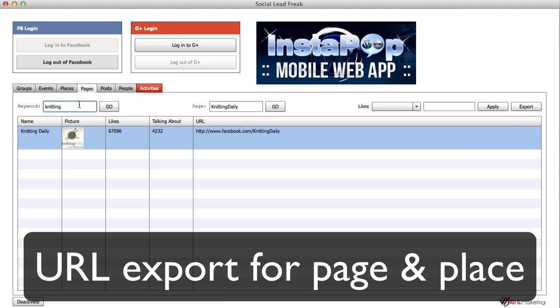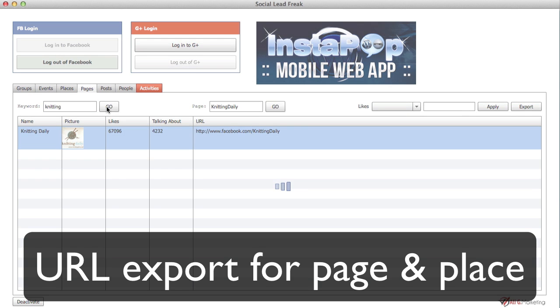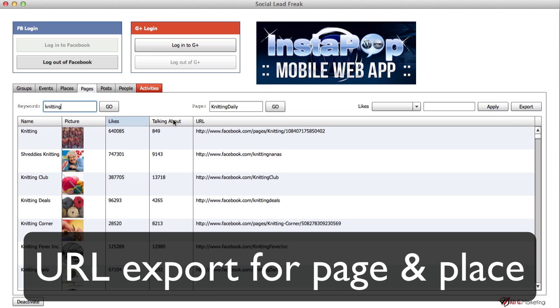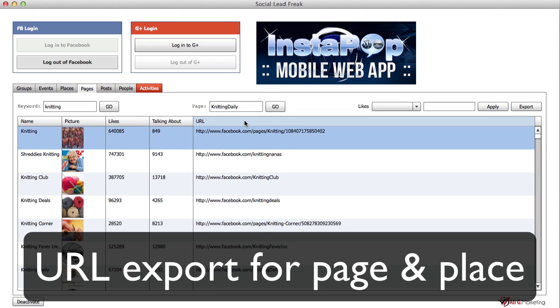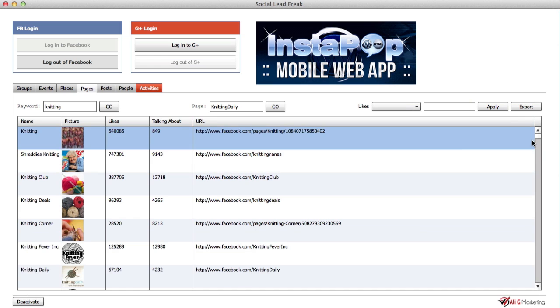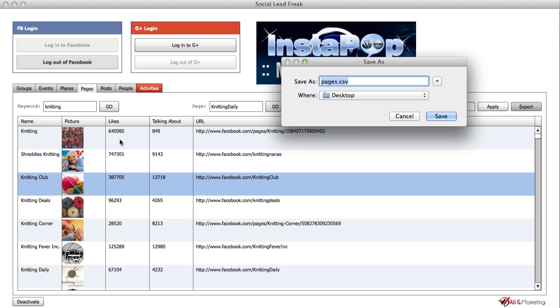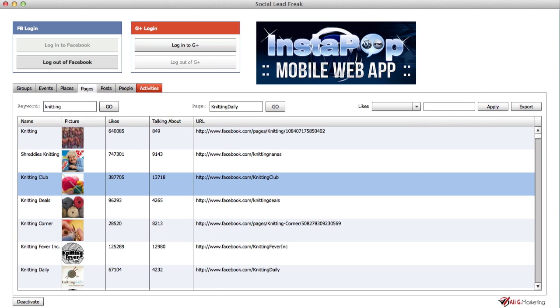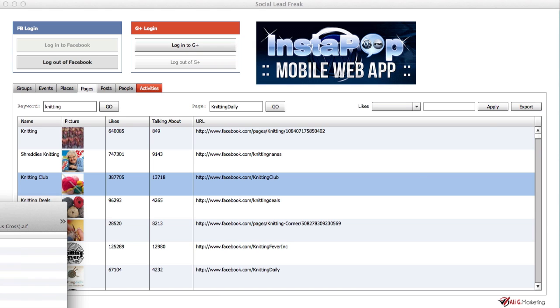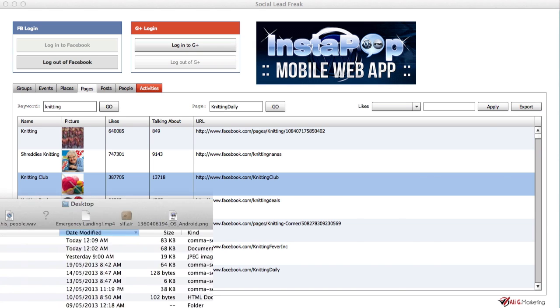So for example, for the knitting example, you can see that there's the URL column which contains the URL to the Facebook page, and if you export to the CSV file, pages.csv, and open up the CSV file,